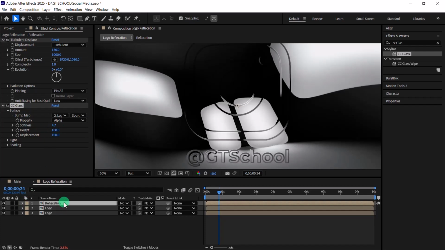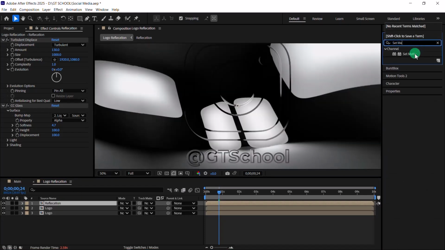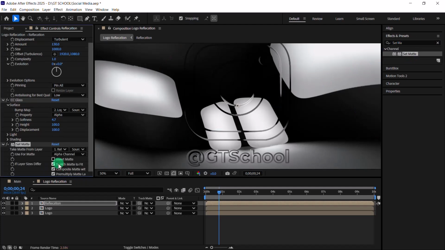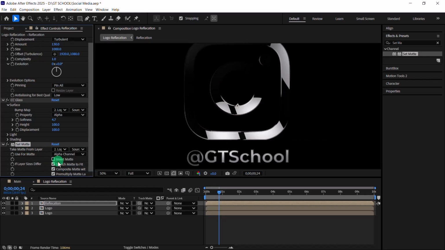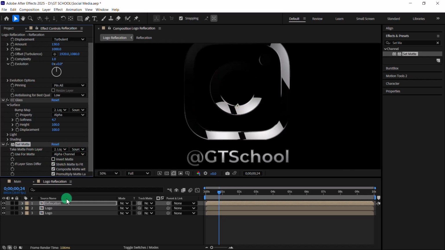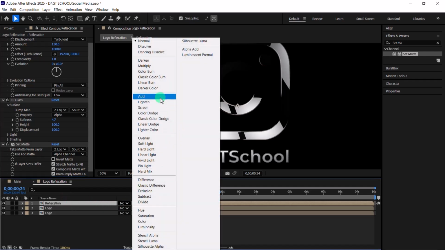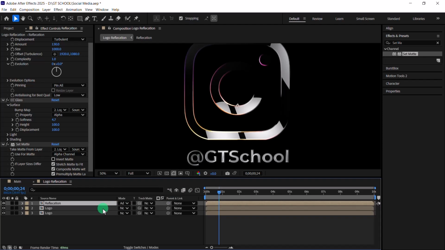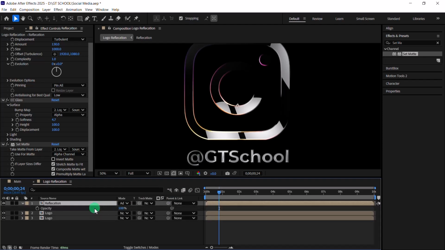Let's add Set Matte, and let's change the Take Matte from layer to logo 2. Now you can see this. That's okay. Let's change its mode to add, and for opacity press T on the keyboard to create a few